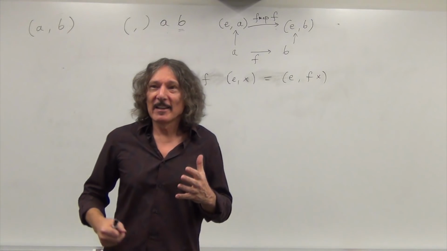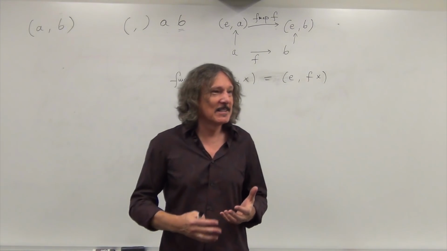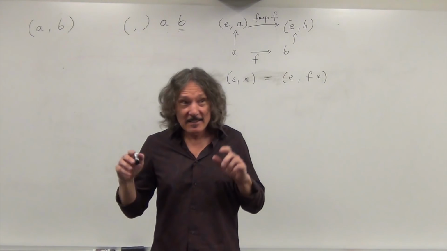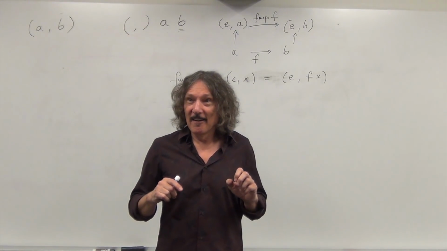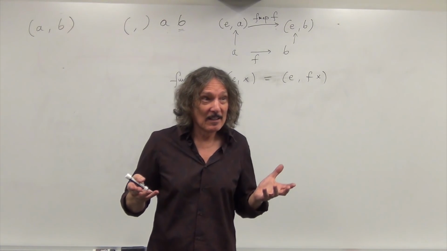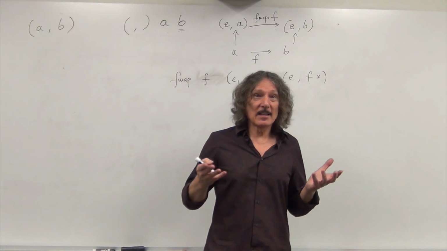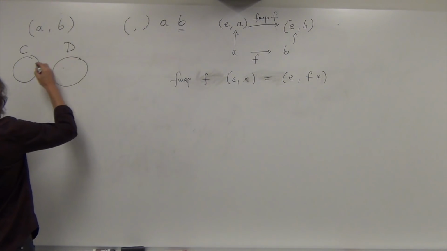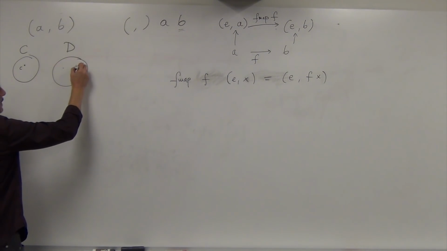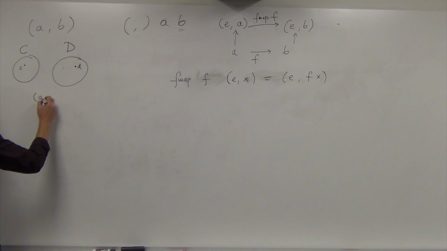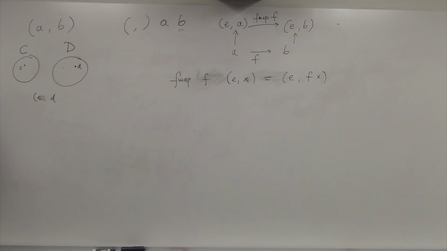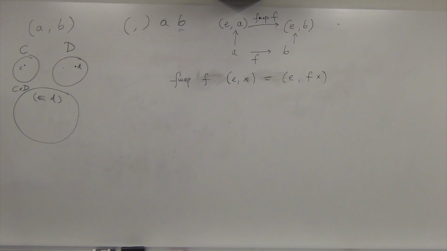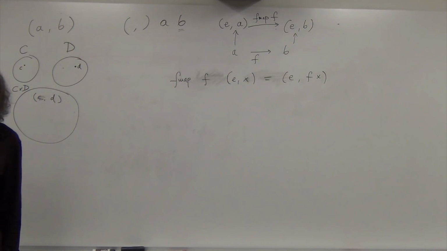Well, it turns out that a product of two categories is really easy to define. Easier than a product inside a category. Why? Because, at least for small categories, objects in a category form sets. So I can say, okay, let me take two categories, C and D. We take an object from C and an object from D, and we can form a pair CD. So we construct a new category that we will call C cross D, in which objects are pairs of objects,